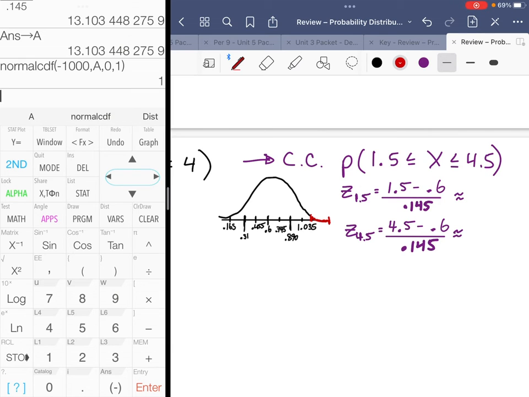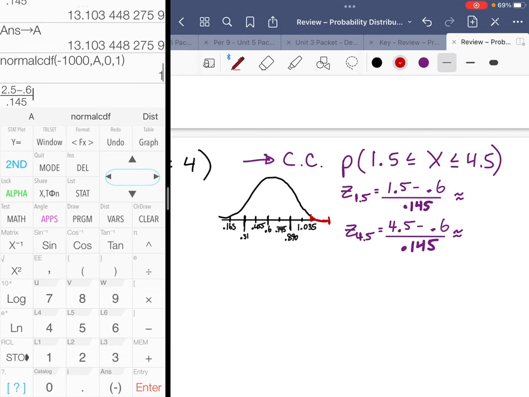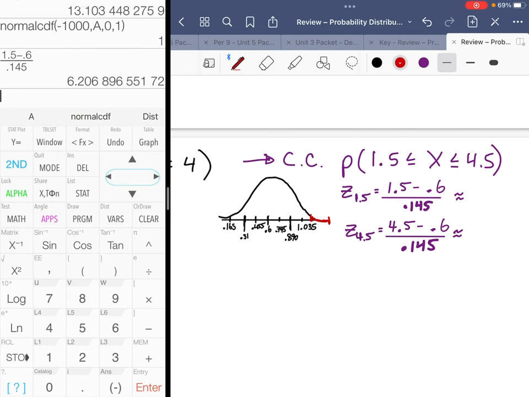All right, so go back to some previous computations, make my 2.5 into a 1.5. So on the ordinary TI, you would do second enter or just scroll up, but ultimately you'll get the same thing. So 6.207. And then for the next one,